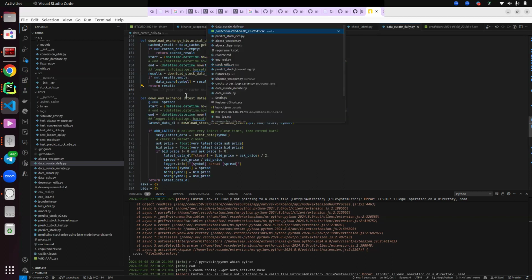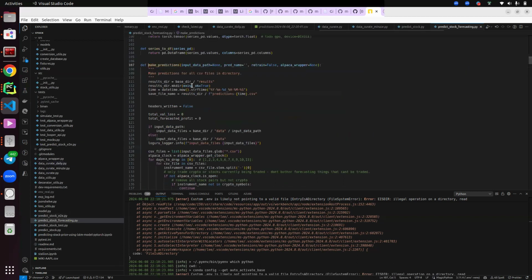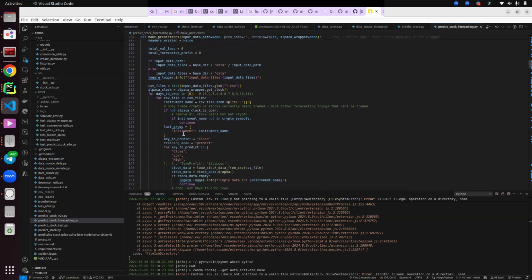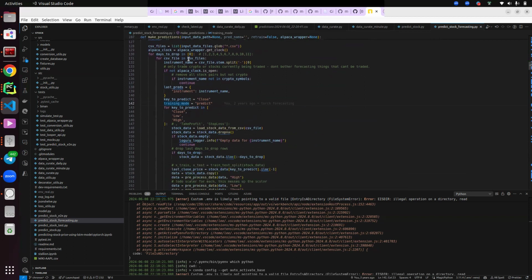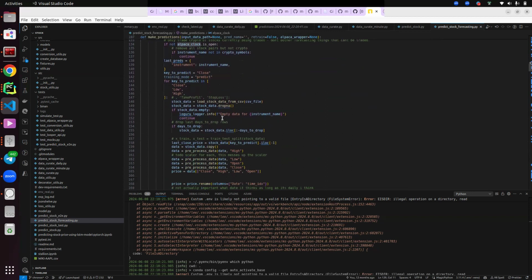So the actual prediction code, I went through a lot of iterations. I used to use torch forecasting and other algorithms. So I used to end up training algorithms. I probably will go back to doing that, but I just swapped in the zero shot predictor. So I just go over all these data files and